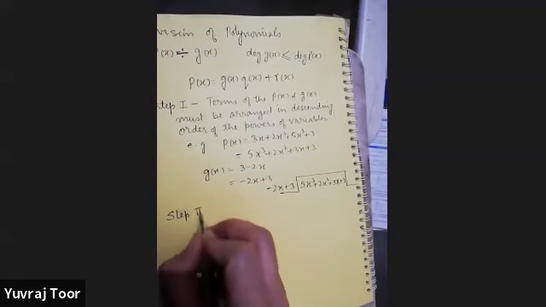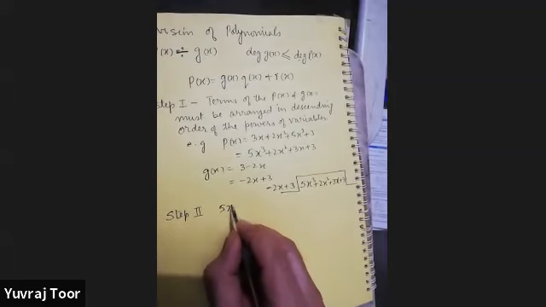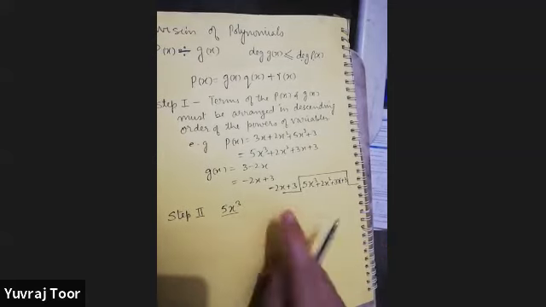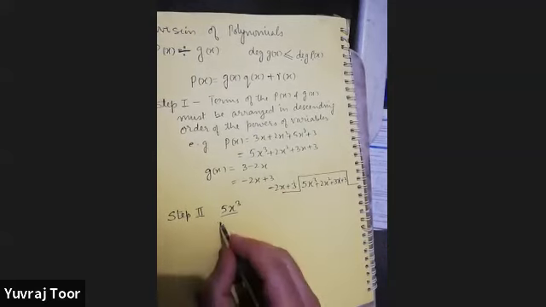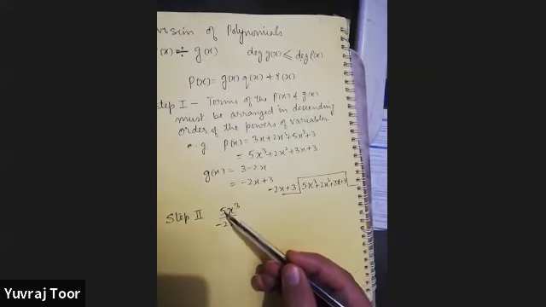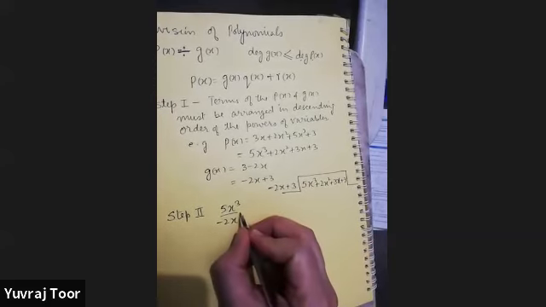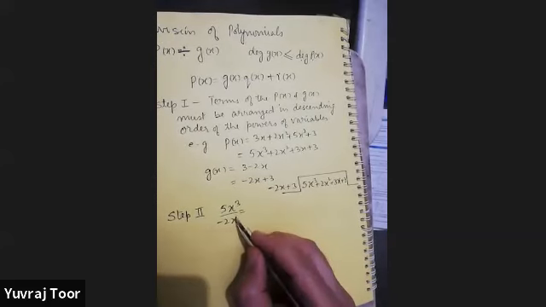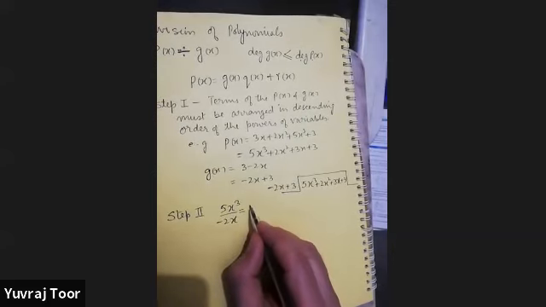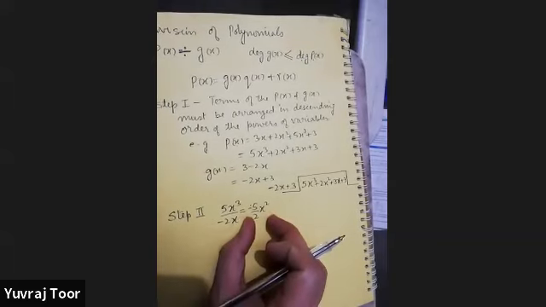Step 2. Take the first term of the dividend. This is dividend. First term is 5x cube. And the first term of the divisor with sign. So you divide monomials, right? You have made the monomials and decide what should be there in the quotient. Bases are same, powers are subtracted. So the answer is minus 5 by 2 x square. So this is the first term